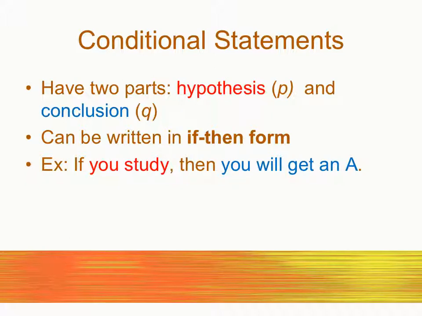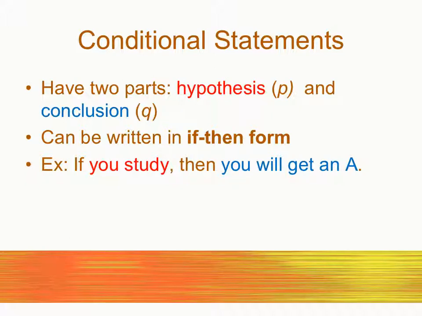If you do this, then this will happen. If you punch your brother, then you will be grounded. That's a conditional statement, right? If you do it, this will happen. So we call it the if part because when it says if you do this, that means that it hasn't happened yet. But if this happens, then this will definitely happen. Like, it is a guarantee. If you decide to punch your brother right now, then you will definitely be grounded. So there's the part that hasn't happened yet.